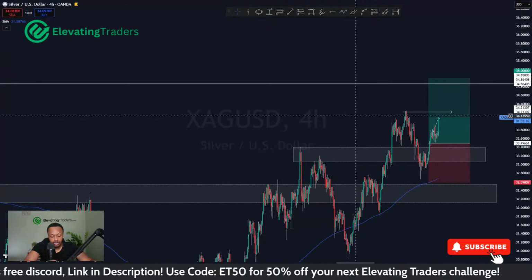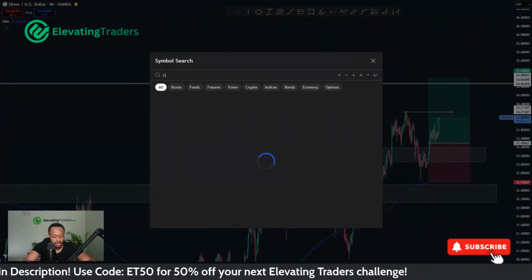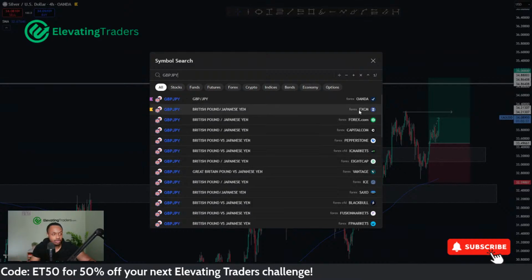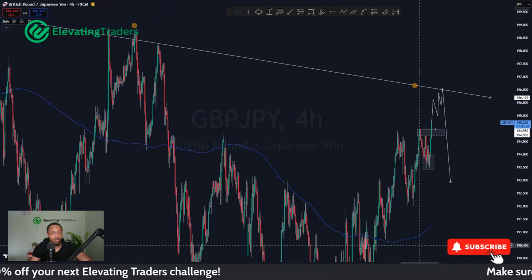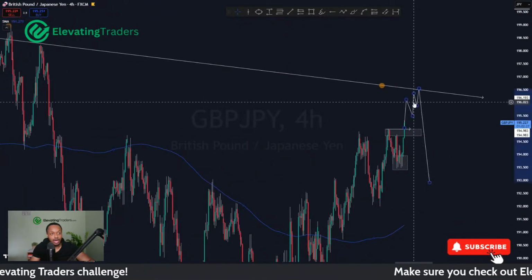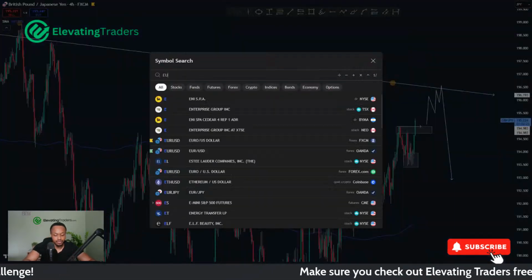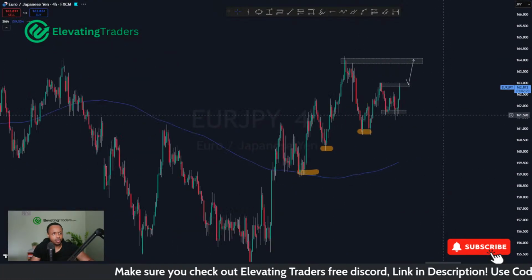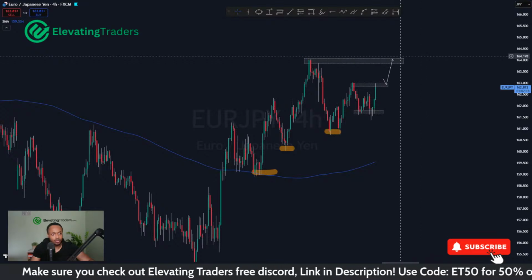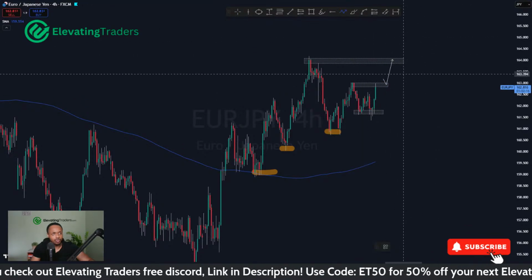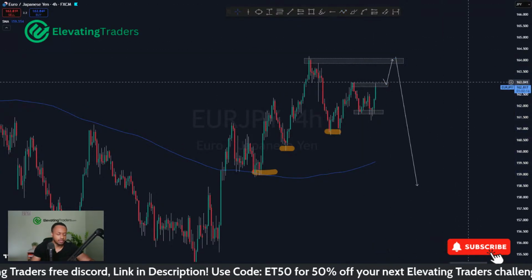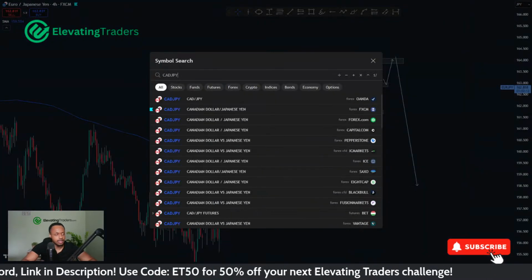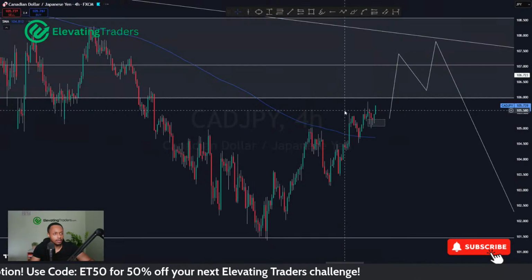What else? So yeah, the yen pairs, I'm just going to keep an eye on them. Pound yen, as that pushes high, I'm getting ready to short it. So 196, 196.5 are the areas I'm looking to sell that one. Euro yen, I'm looking for a bit of a double top with this one. So as we approach 164, that looks like a nice place for a short for me and a push back down. CAD JPY, keeping a close eye on this one as well.